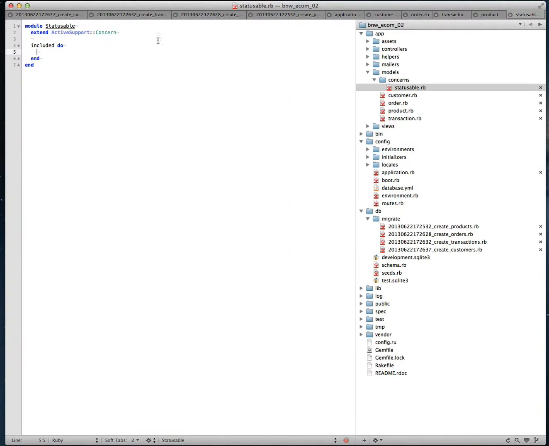Basically, I forgot one key piece. We need to require ActiveSupport::Concern. Right, so we've got this Statusable module and we're extending ActiveSupport::Concern, and this will give us this DSL method which is included. We open that up, we pass it a block of our methods that we're going to define onto the